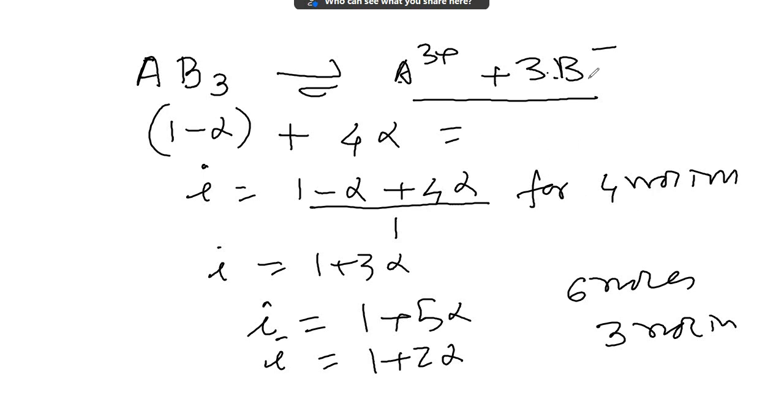So whatever the number of mole ions, it will be 1 less than that, into alpha: 1 plus that value into alpha. If it is 3, it breaks up into 4 mole ions. If 5, it breaks up into 6 mole ions. If 2, it breaks up into 3 mole ions. In this way, I can find out the relationship between